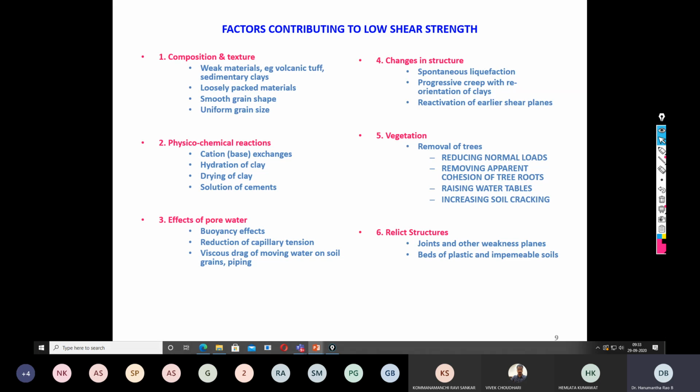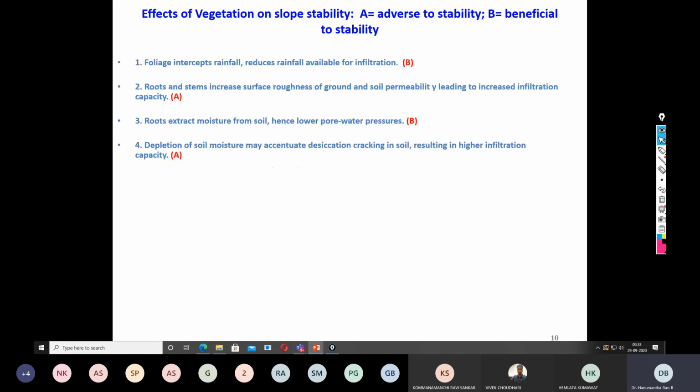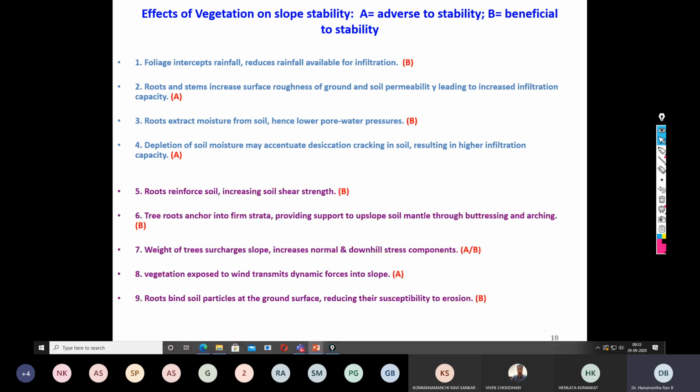So these are a few causes for high shear stress and low shear strength. So then, this is some information about the effect of vegetation on slope stability, because you have been told vegetation is one of the best remedies for increasing the shear strength of the soil. So you can see, these are a few things you can understand about what it